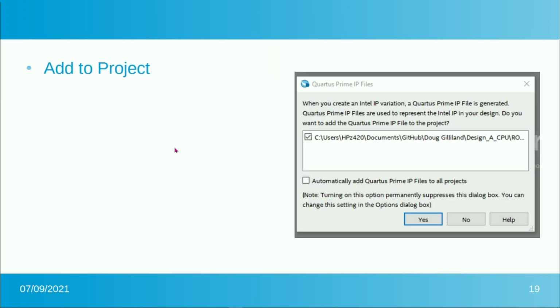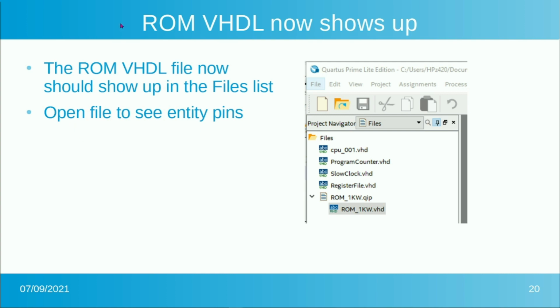The last step is we want to add it to the project we're on, and that comes up pre-clicked. I'm not adding it to any other projects, so clicking that button on and this button left off is what we really want to do. That'll add it into our project in the files list. If this is set to files in Project Navigator, the ROM will now appear in there,